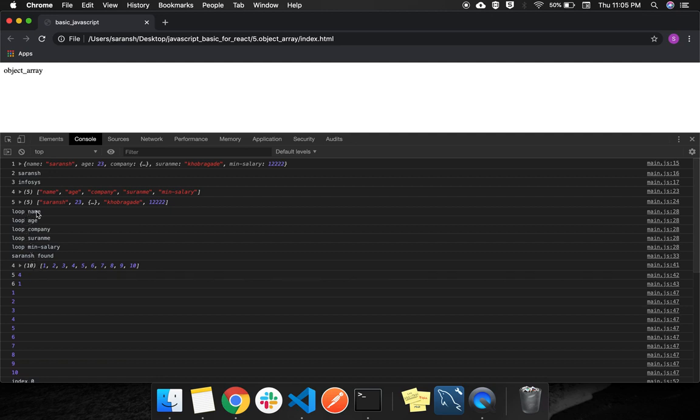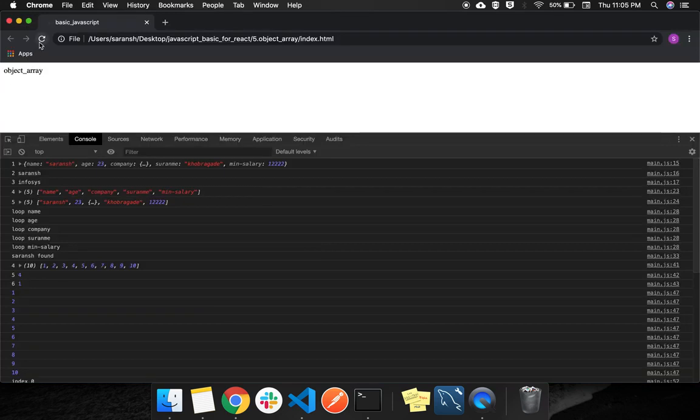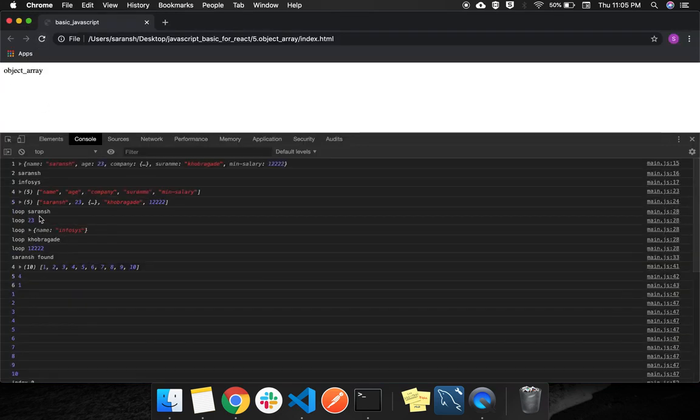This loops over name, age, so this will go around all the keys of that object. And if you want, you can change it to a[x], that means the key will be x and the object is a. Now you will have all the values: Saransh, 23, something.